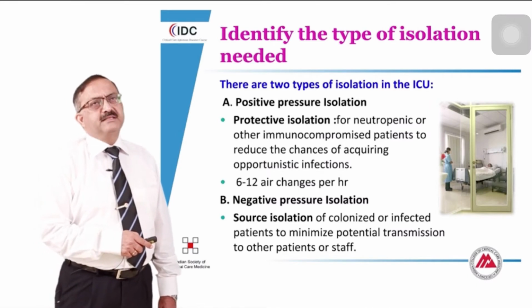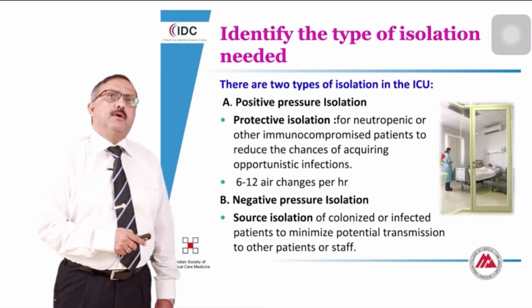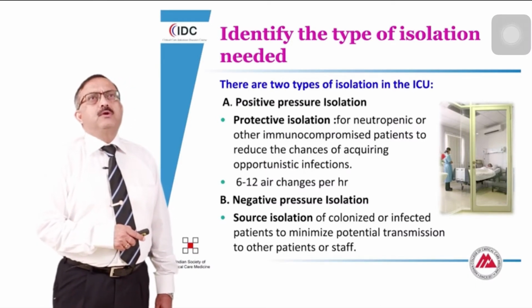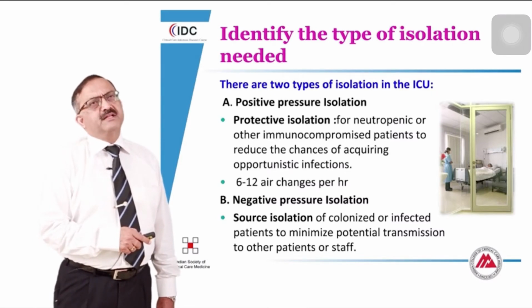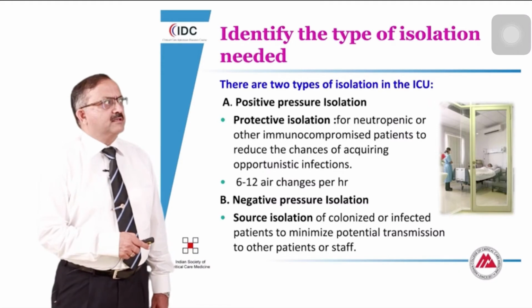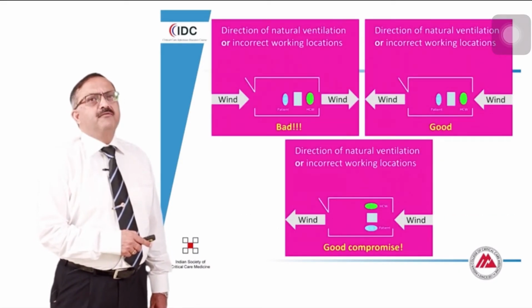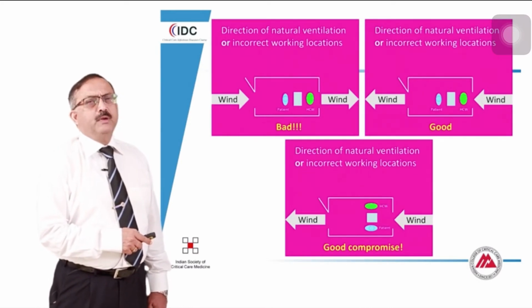These are the basic methods of isolation. But in case in a hospital where you are not able to provide such strict negative or positive control, you can cohort patients together in one part of the ward to prevent transmission to people who do not have a certain infection. These diagrams show you basic layout of patients, where the wind current should be in which direction.